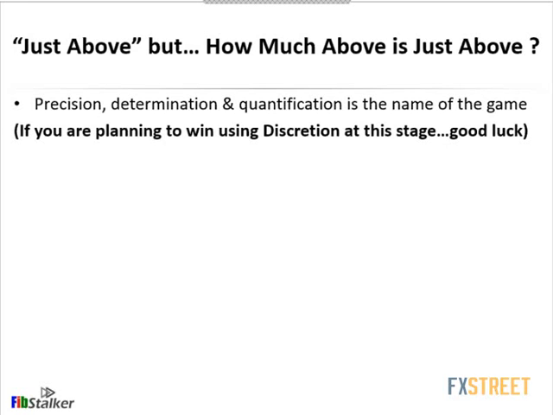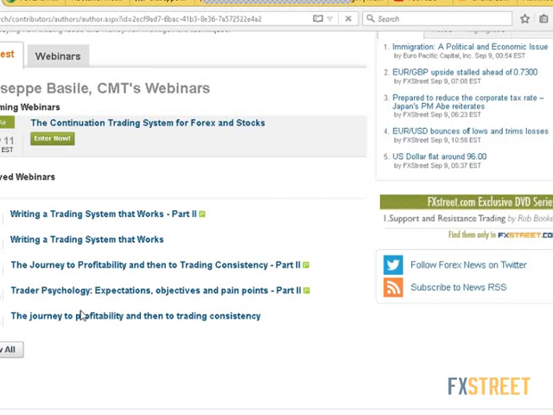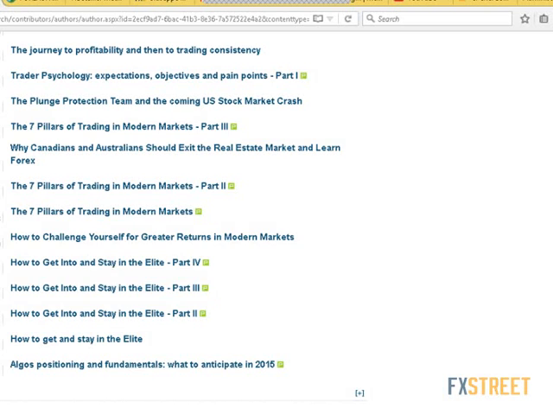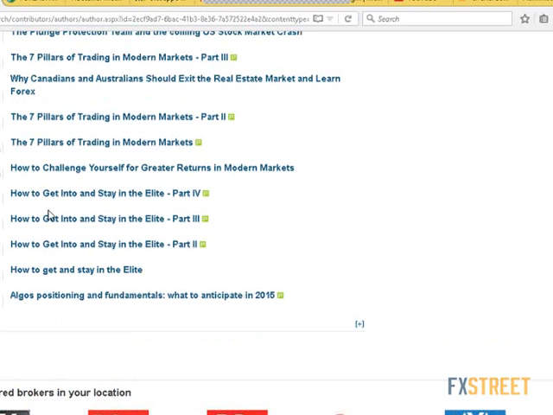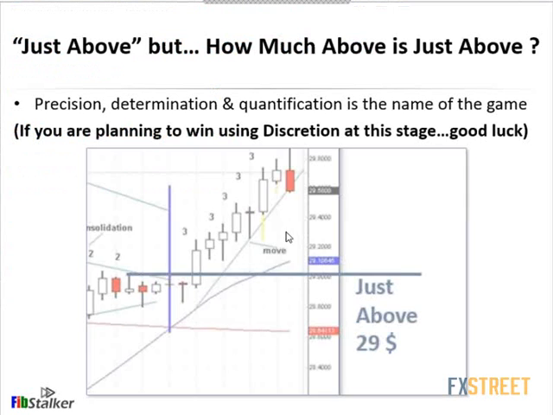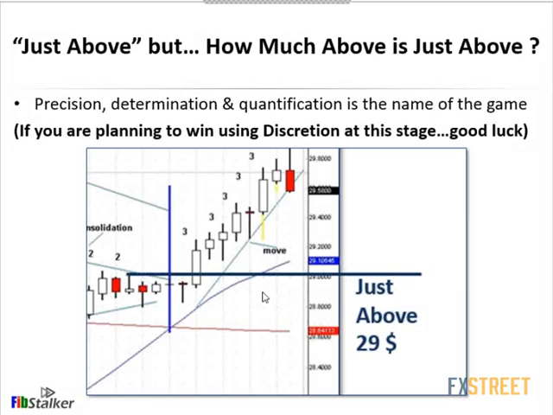95% of traders lose money in the market. I've proven this formally because I like to offer proof. I've proven this formally in the series, how to get and stay in the elite. So review this. If you have not done that, I show you formally how and why 95% of people do lose money in the market. So if you want to use discretion, good luck. The probability that you're going to get into that 95% is very, very high. So I do not recommend you do that.